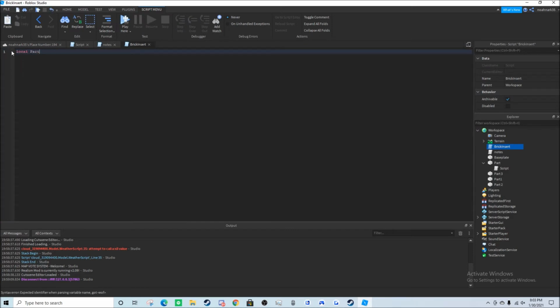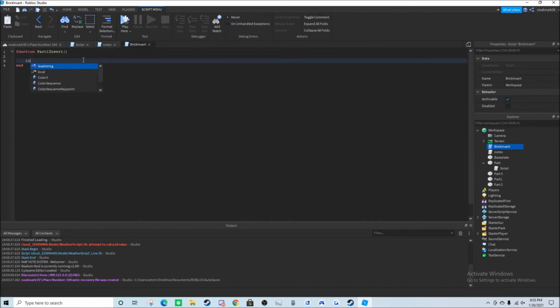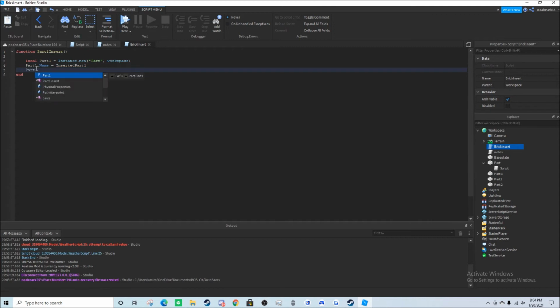So let's go ahead and do part 1 equal. Let's actually turn this into a function. Part 1 insert. So we'll be describing this function as part 1 insert and referring to it as such. And then the code inside of here will simply be local part 1 equals Instance.new("Part"), so we're telling the script what we want to insert, and then Workspace. Whoops, I don't need this extra parenthesis. Anyways, so now we'll change this: part1.Name equals